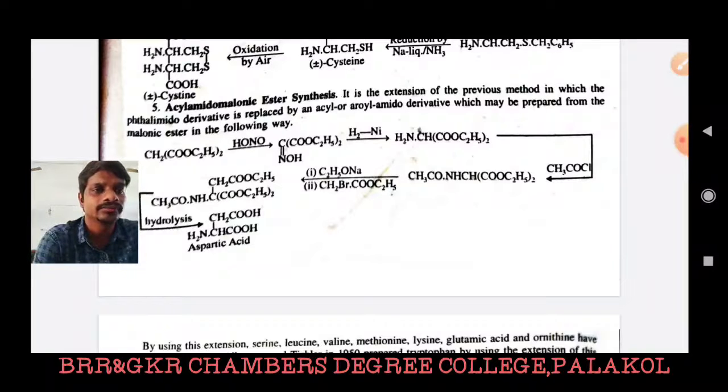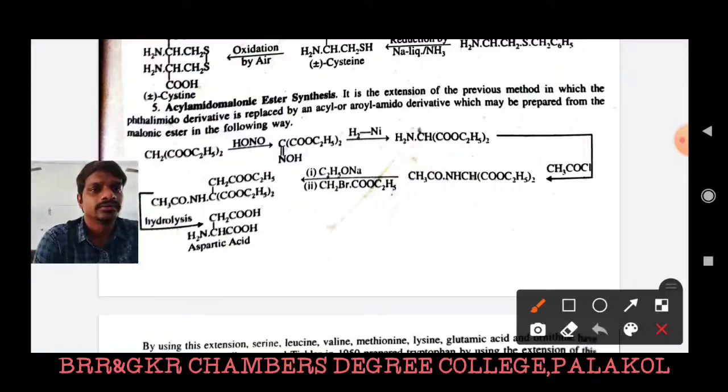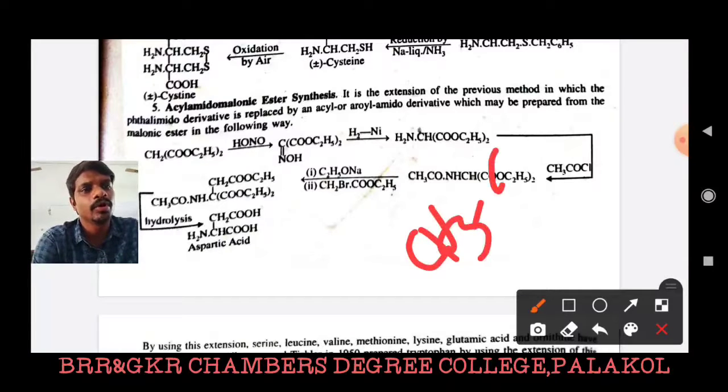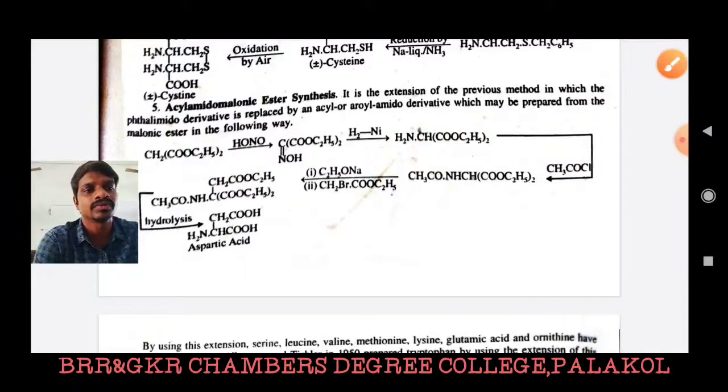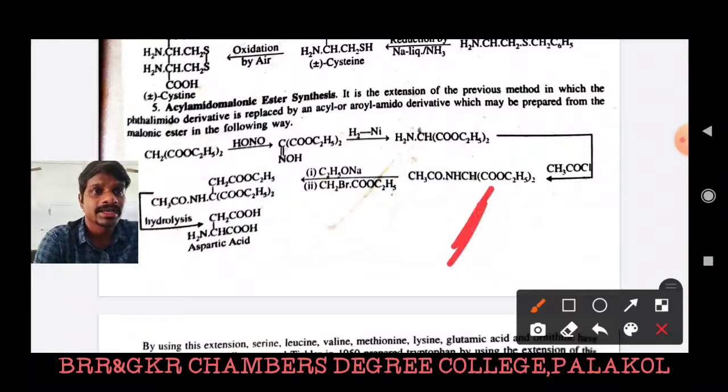Here we do acetylation for this alpha amino compound. Here the reactant is CH3 C double bonded O Cl, so that Cl minus is cleaved as a nucleophile and the carbon gets positive charge. Now the lone pair of electrons on nitrogen reacts with the carbonyl functional group and it produces the acyl imido derivative. So this is the acyl imido derivative.